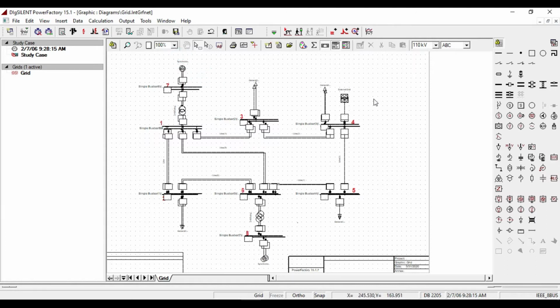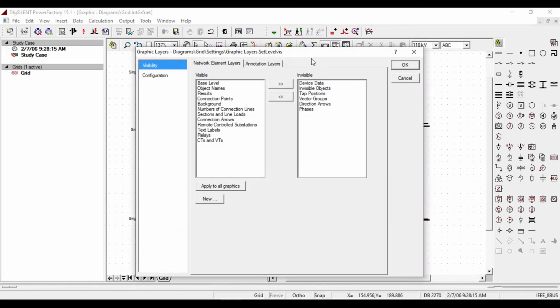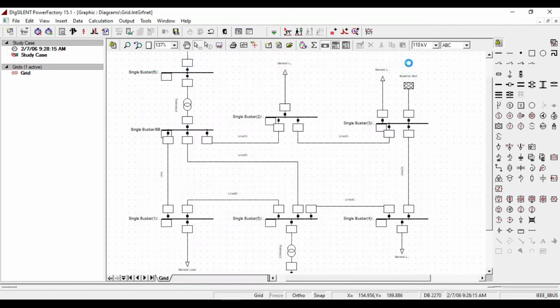The background is not needed anymore. To hide it, click on the show layer icon. As you see, the background layer is shown in the left pane visible list. Click here to move it to the list of invisible layers. Then click OK. The next step that I am going to show you is how to edit the power system